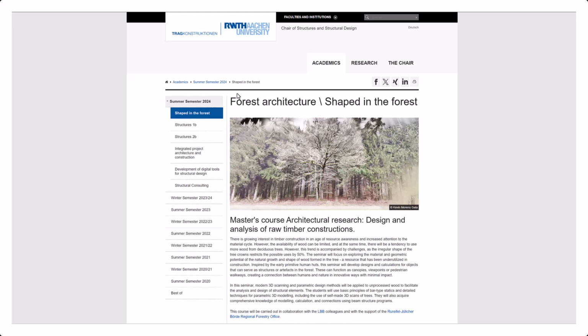This is Kevin Moreno. I am going to record a video to show you a short tutorial on how to perform the 3D point cloud and operate it in Rhino. This tutorial is for the course Forest Architecture Shape in the Forest, taught in the summer semester at the RWTH Aachen